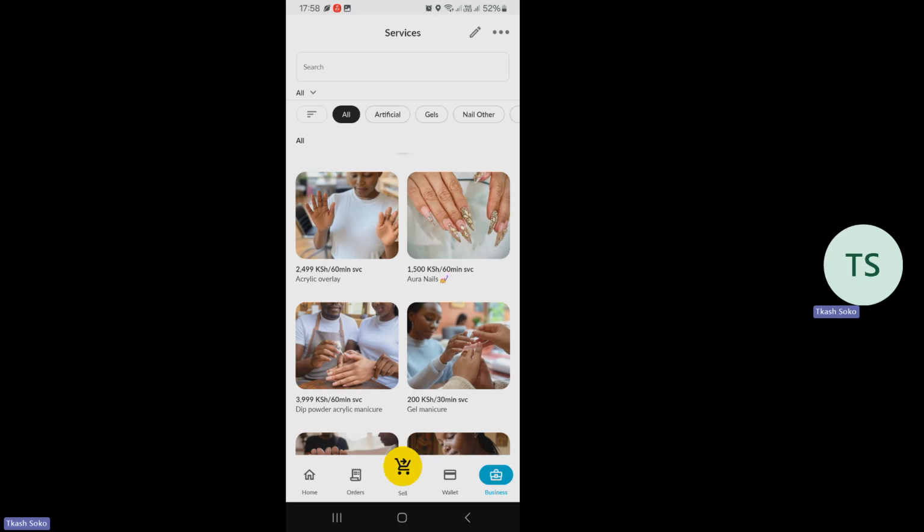So therefore, customer hata akikuja kwa shop yako seeking services, he or she will be able to develop trust na confidence in your business, because atakuwa anaona whatever you're offering online vis-a-vis what you're offering in the real shop match.